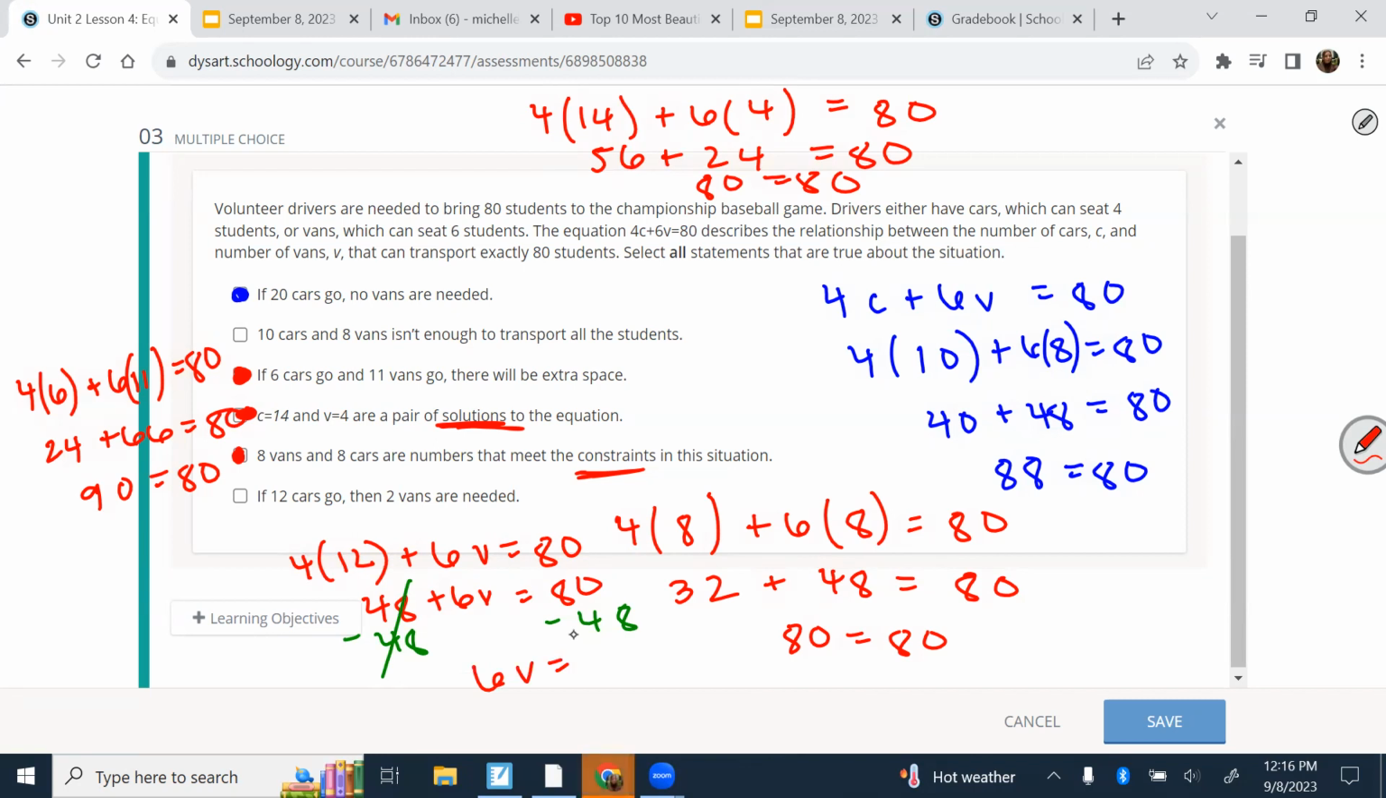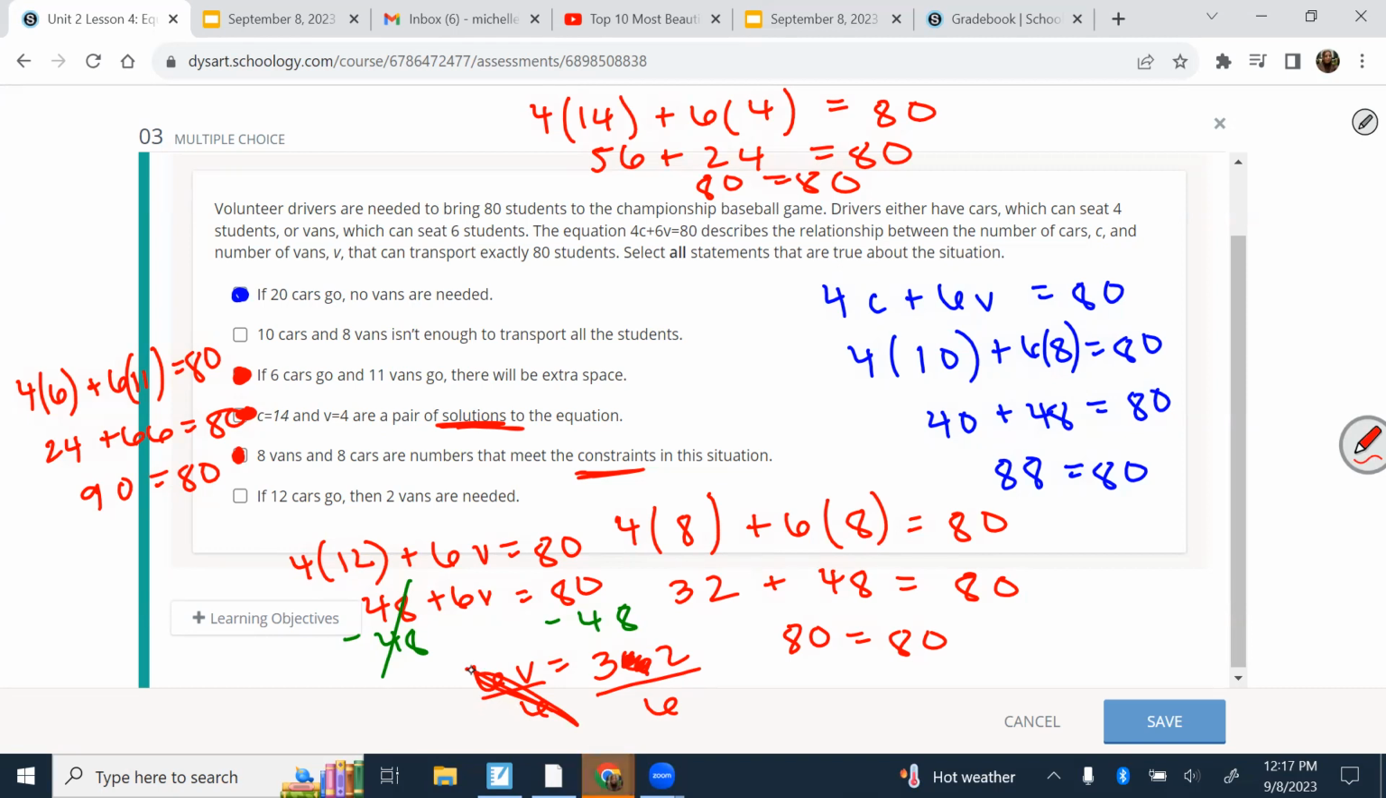And 80 minus 48 is. You mean it shouldn't be positive? 48 minus 48. No, 80 minus 48. Oh, my bad. Okay, so 32. And then opposite of multiplying by six would be dividing by six. So then if I do 32 divided by six,